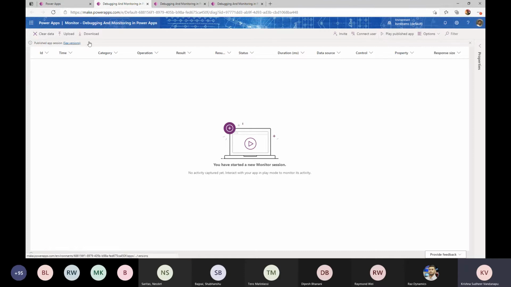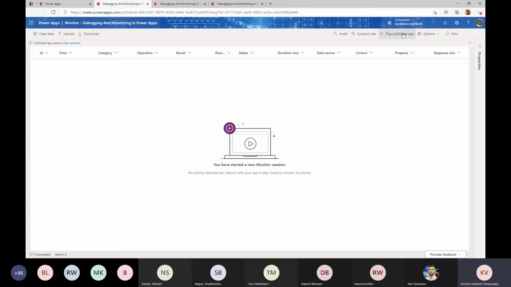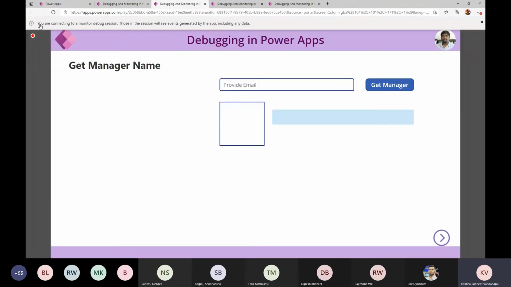Remember, in order to monitor or understand the transcript of a published app, you have to click on play published app over here. If you are running an app by clicking on the play button here, you cannot enable debugging and monitor trace on that app. You have to click on play published app. When you click on play published app, it clearly shows that you are connecting to a monitor debug session. Those in this session will see events generated by the app